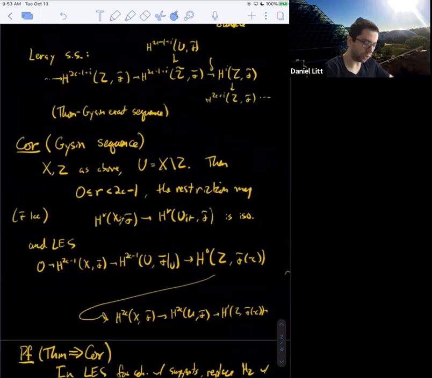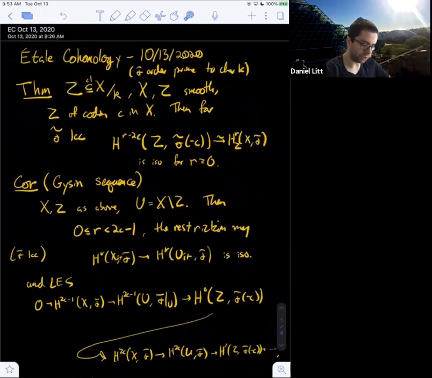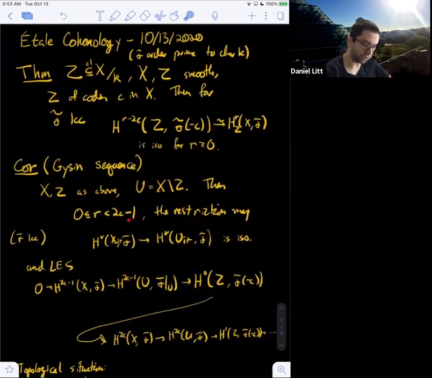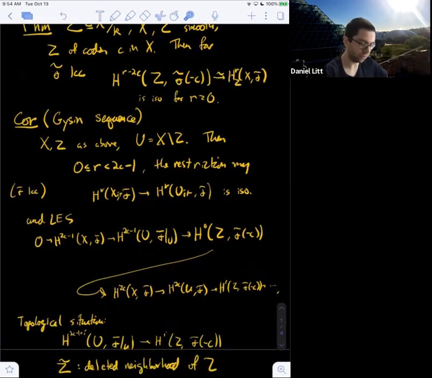So what are we getting? First of all, we wanted to prove two statements. We wanted to prove there was some isomorphism in low degree. Where does that come from? That comes from the fact that if r is less than 2c, then this group is just 0, because r minus 2c is negative. So then we get a long exact sequence relating this and this, where the stuff on the two sides is identically 0, and that's why there's an isomorphism. And then over here, this is what you get just by literally replacing, in the long exact sequence for cohomology with supports, the cohomology with supports with what you get out of purity. All right. Are there any questions about that?